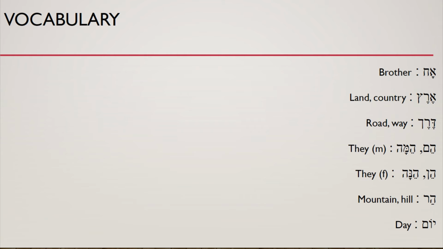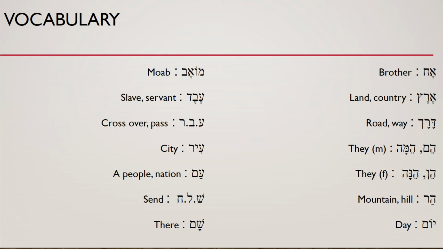We have yom, which is day. We have moav, which is Moab. Eved, which is slave or servant. We have the verb avar, which is to cross over or pass. We have ir for city, am, which is a people or nation, shalach, which is the verb send, and sham, which